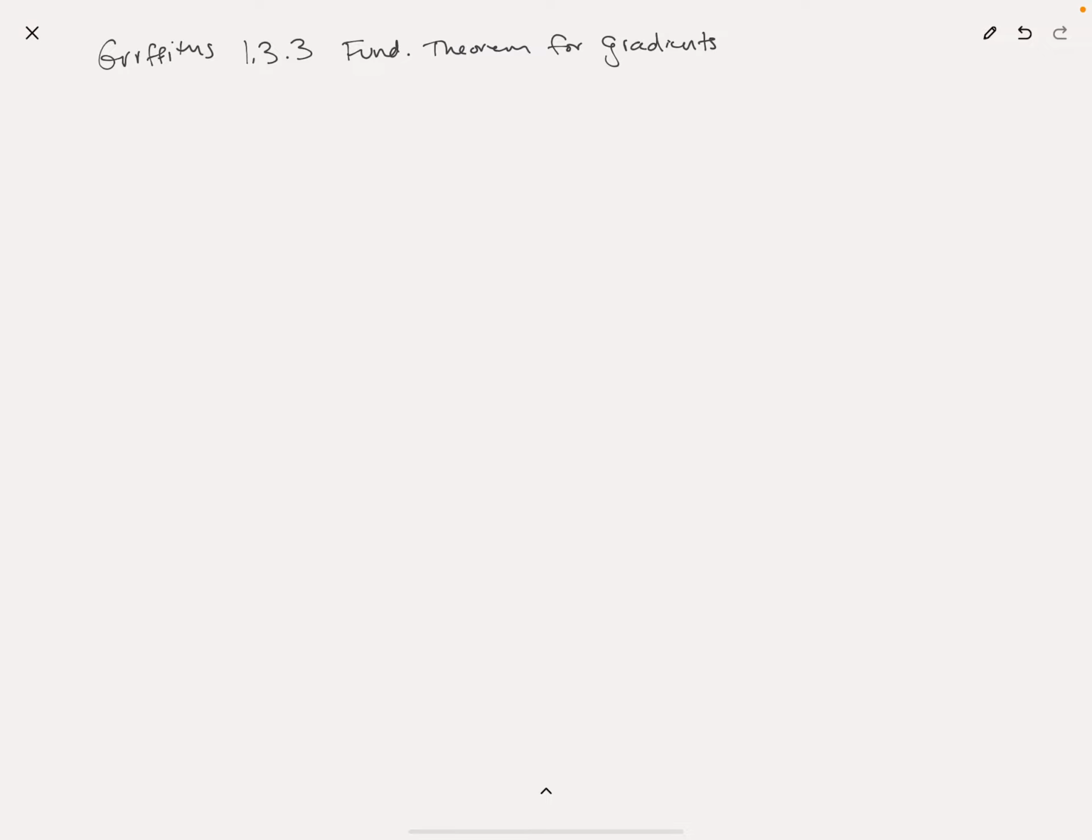Section 1.3.3 of Griffiths E&M, the fundamental theorem for gradients. Before we can talk about the fundamental theorem for gradients, let's just talk about the fundamental theorem of calculus,